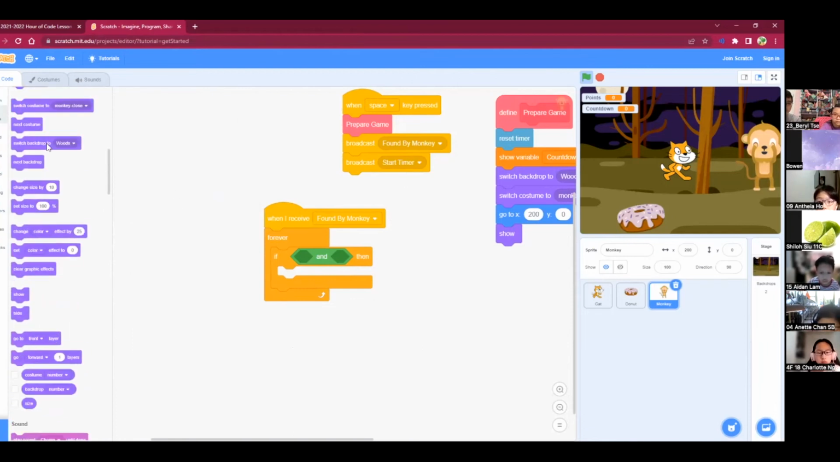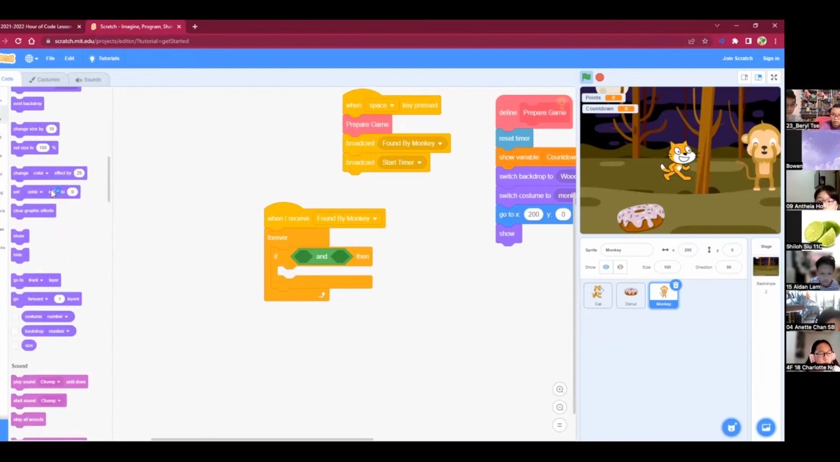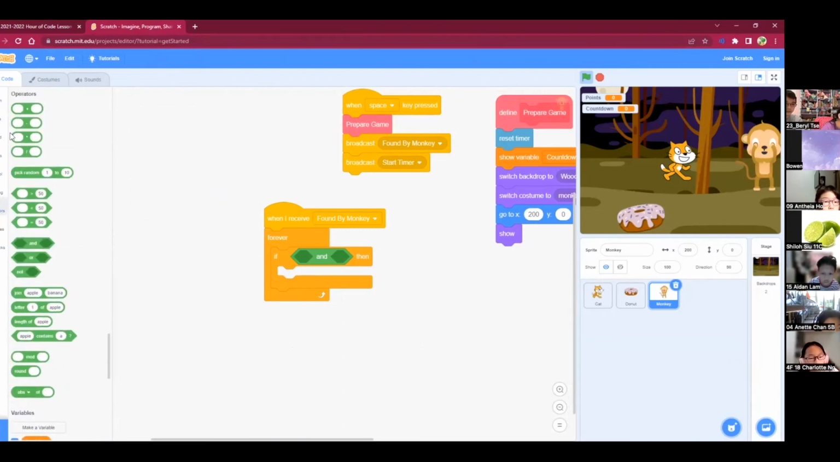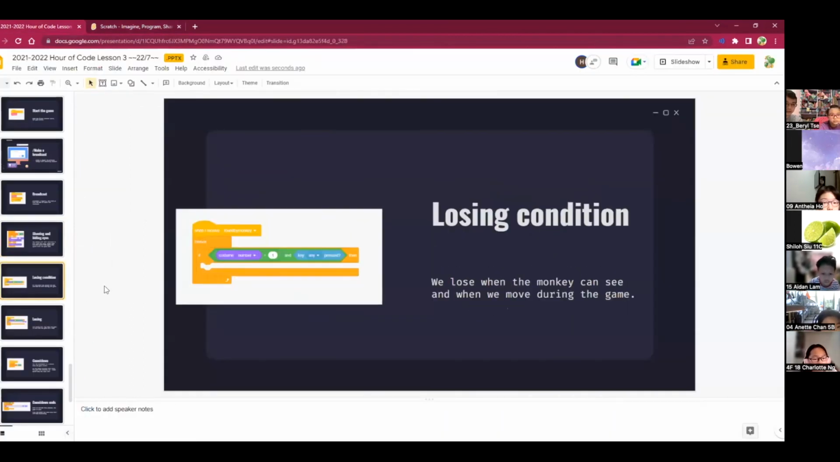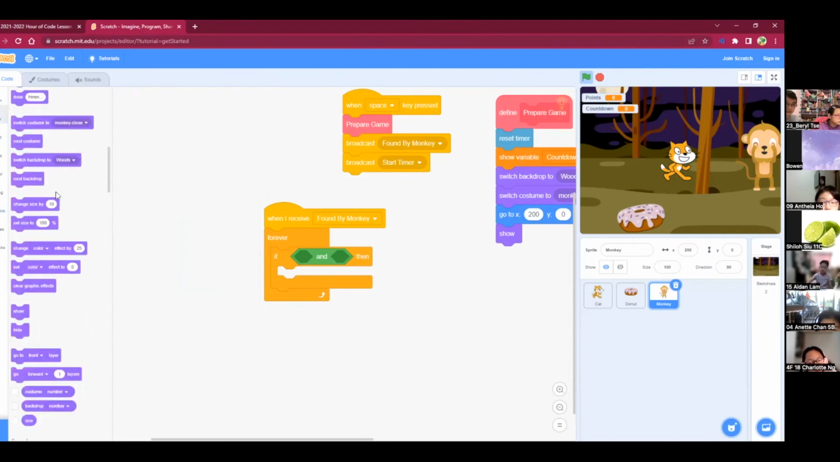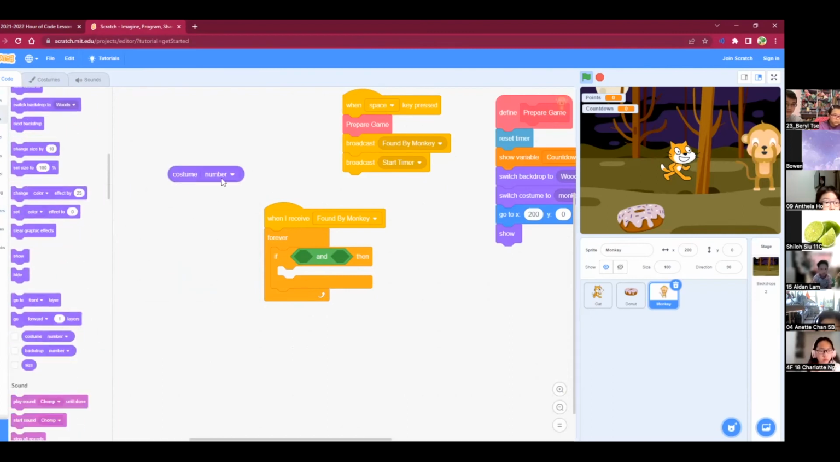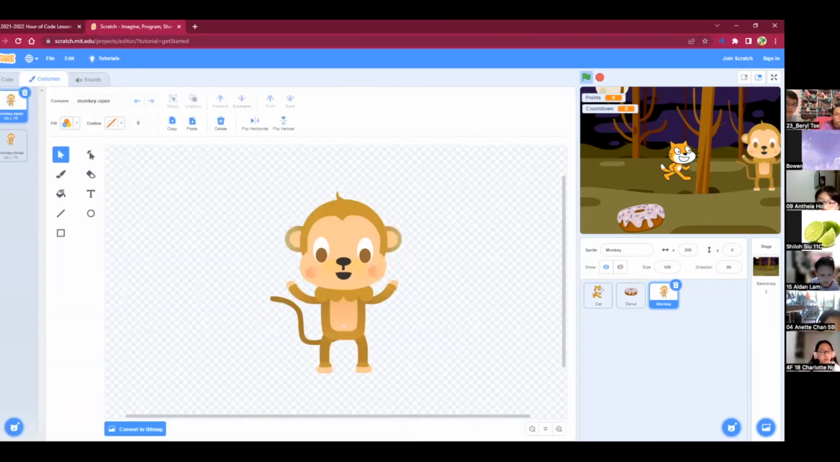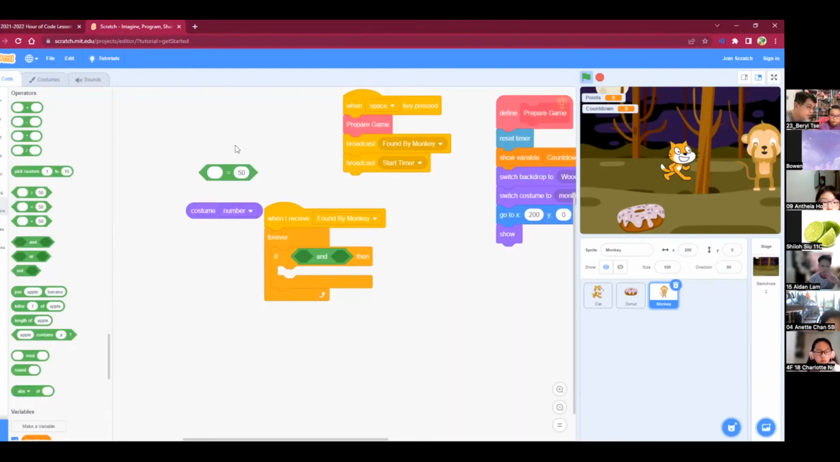So if the monkey's eyes are open, we're gonna use the costume number block. So the number, and then we're gonna use costume number equals. If it's 1, then it's monkey open, because you can see there's a 1 here. And if it's 2, then it's monkey close. So we want if